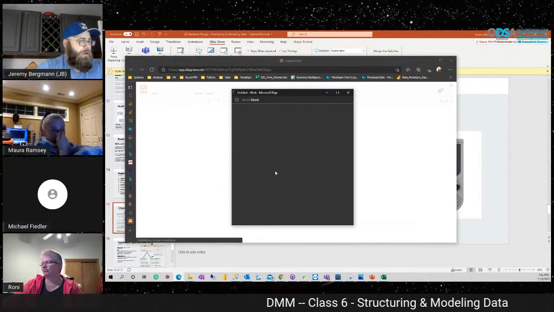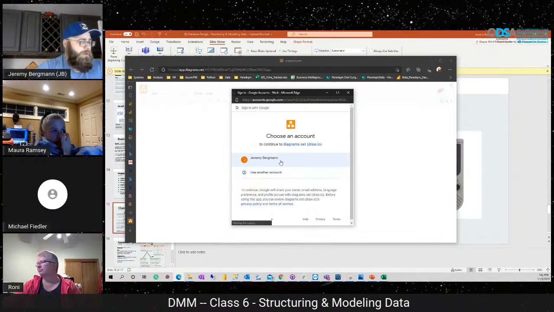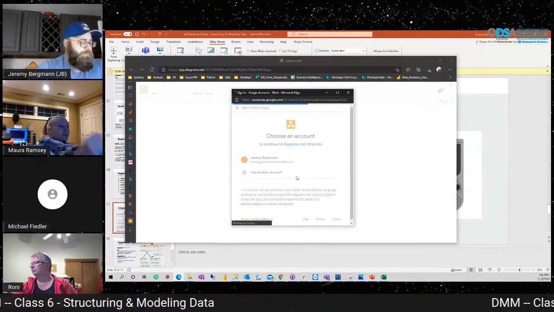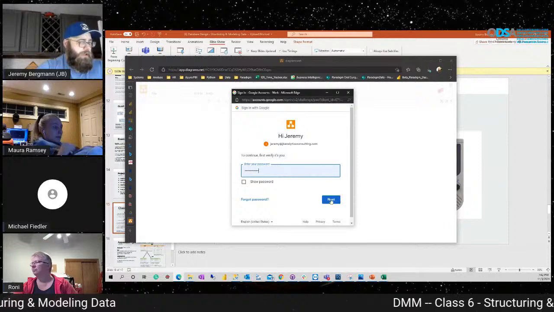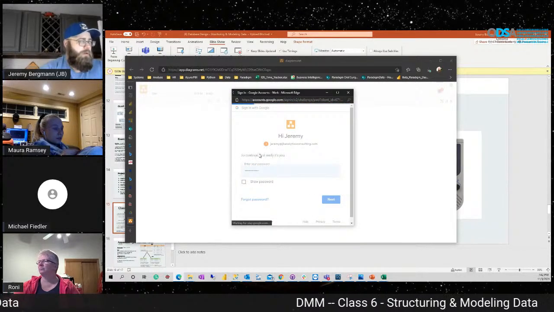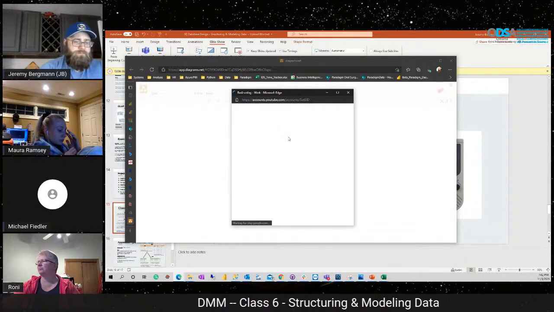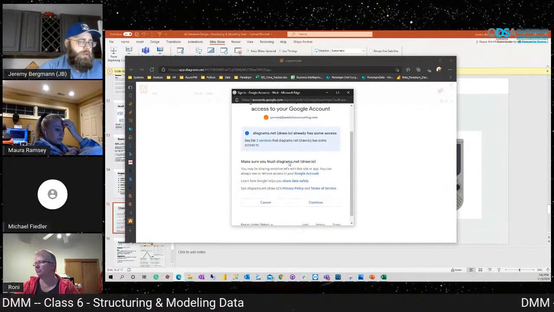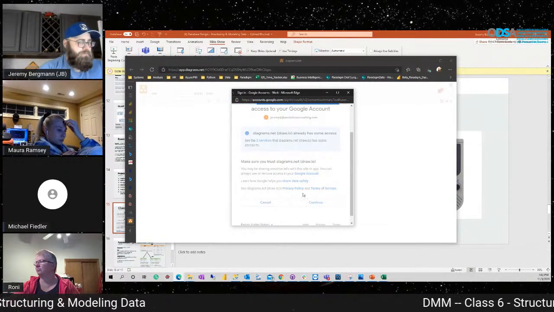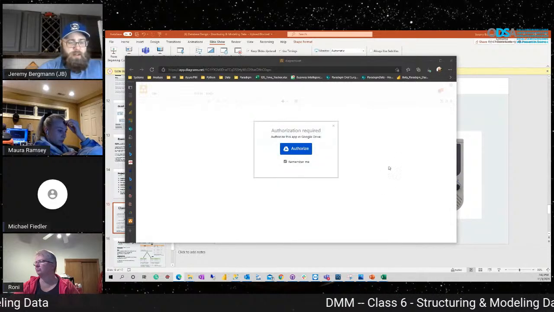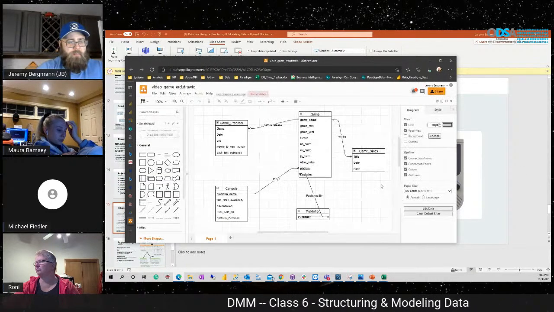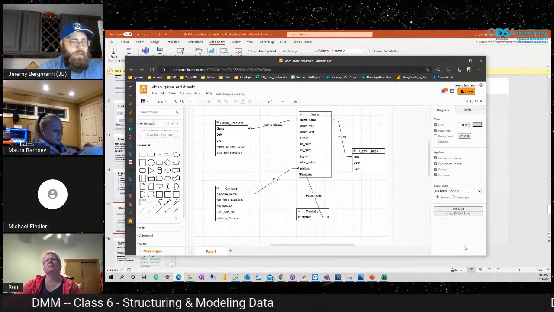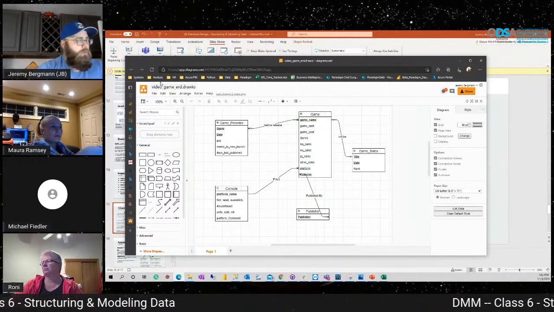I don't have to grant an authorization, that's fine. Did that in a different web browser though. So if you have a Google account, you can sign up for this. And there's also a diagram here in Google Drive that you can download and load into